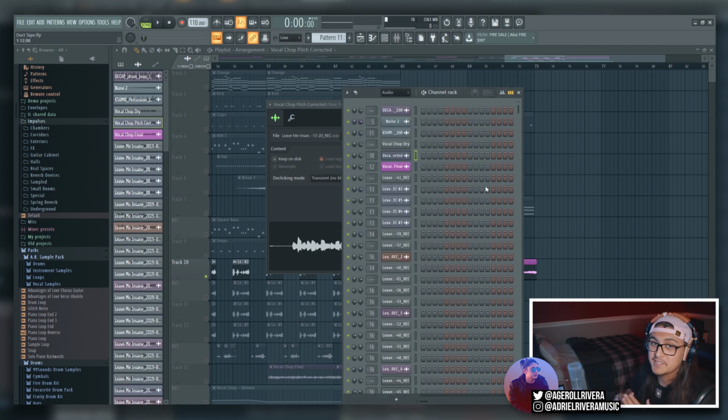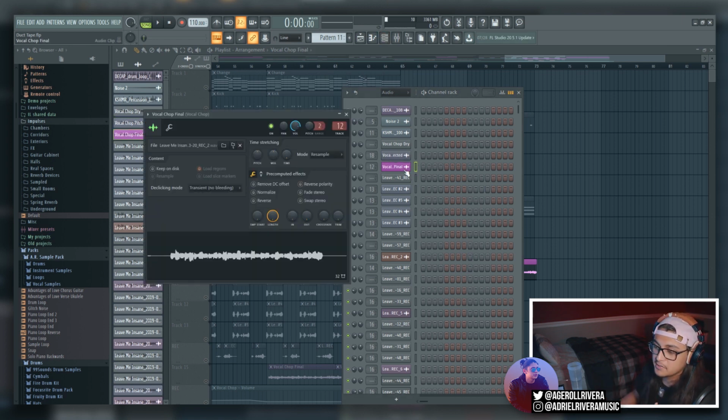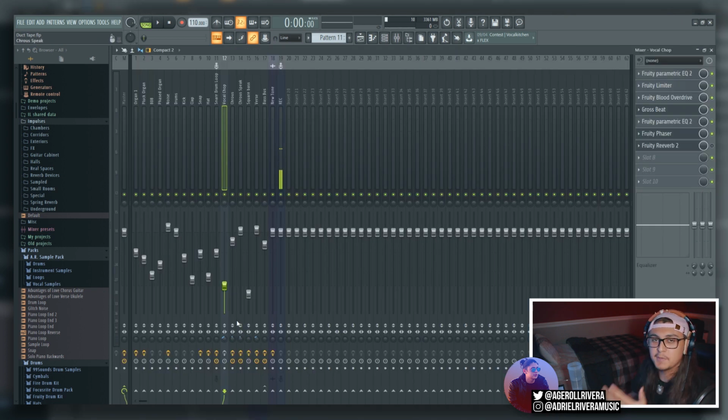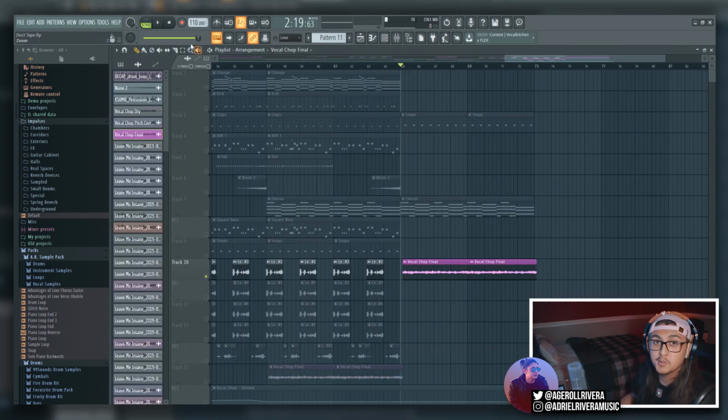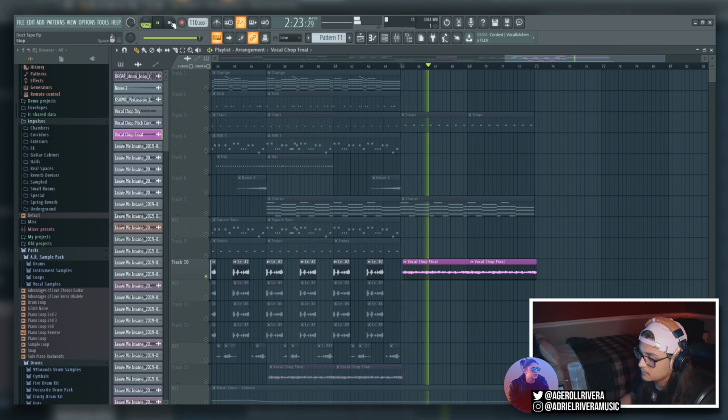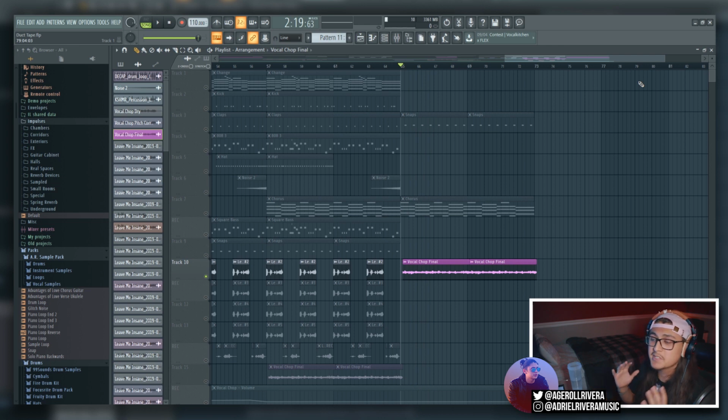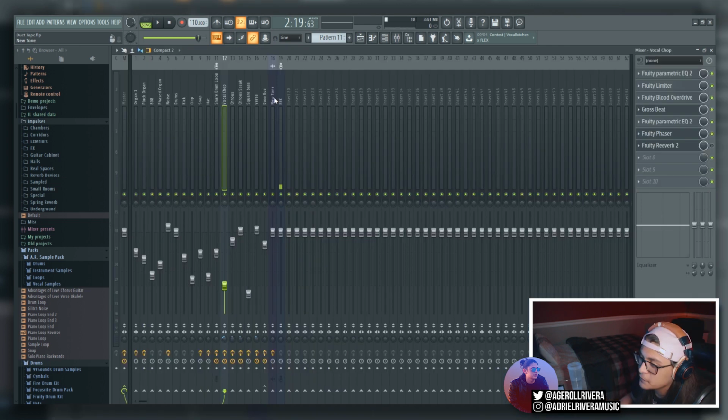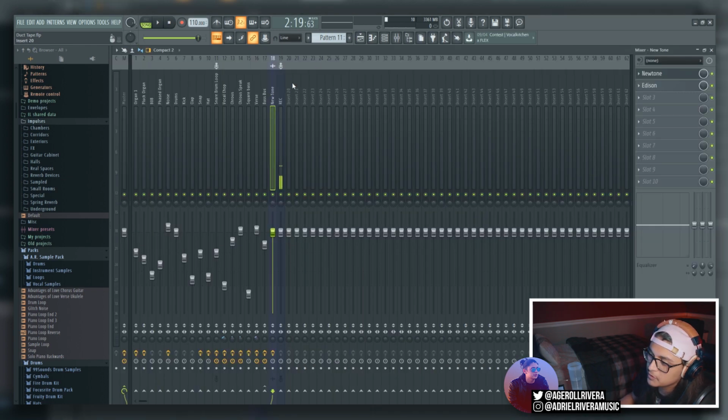So now you can probably see where this is going. After all that pitch correction, I pitch shifted it so that the final product sounds like this. But once we put it into the mixer and add all the effects, we get the final vocal chop sound. And like I said, this is a super simple method, but it's very effective at adding a nice background element to your song. So first things first, let's go into Newtone, which you can do by going to the